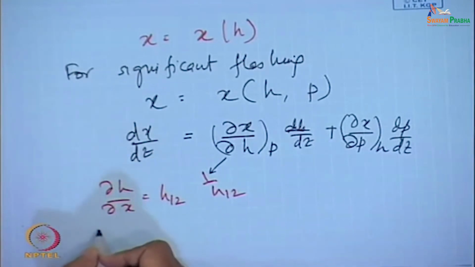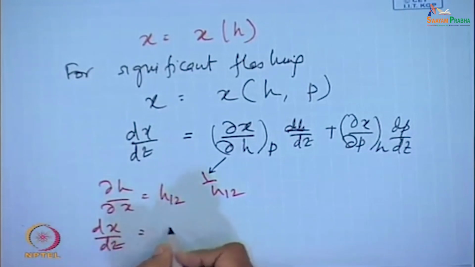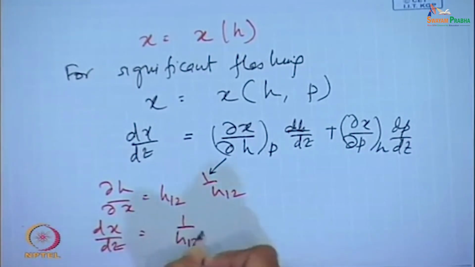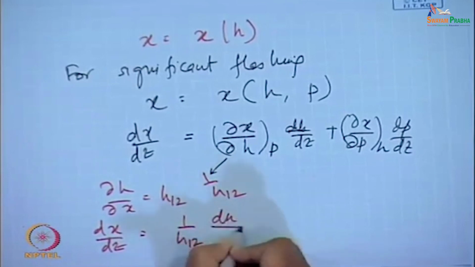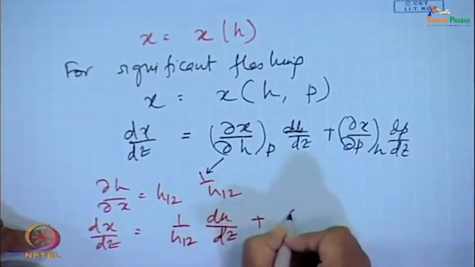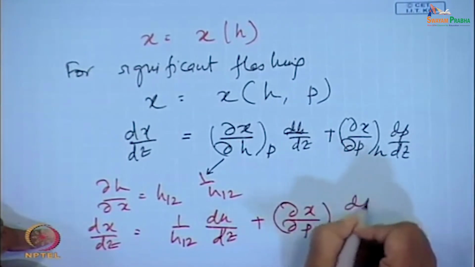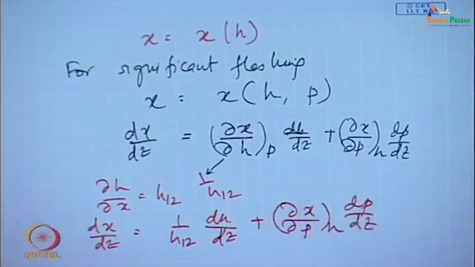So, for that circumstance we can write dx dz as 1 by H12 dh dz plus del x del P at constant H dP dz. Can we do this, yes or no? So, this is the acceleration pressure gradient